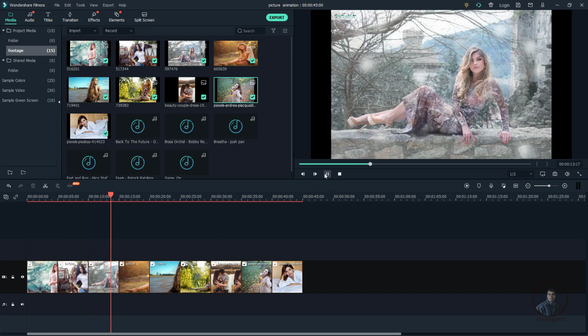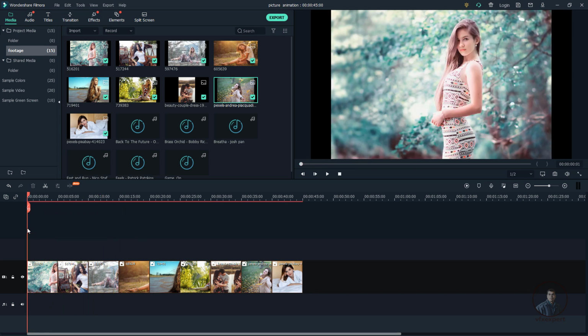Then after this we have to animate our picture. Even here you will also get some black area, because this is actually our widescreen project and these pictures are not in widescreen frame size. That's why it's showing black here. But here we have to animate all these pictures, and also we have to fill up this black area. For this, what we have to do, there are different methods. So here we will explain all the methods.